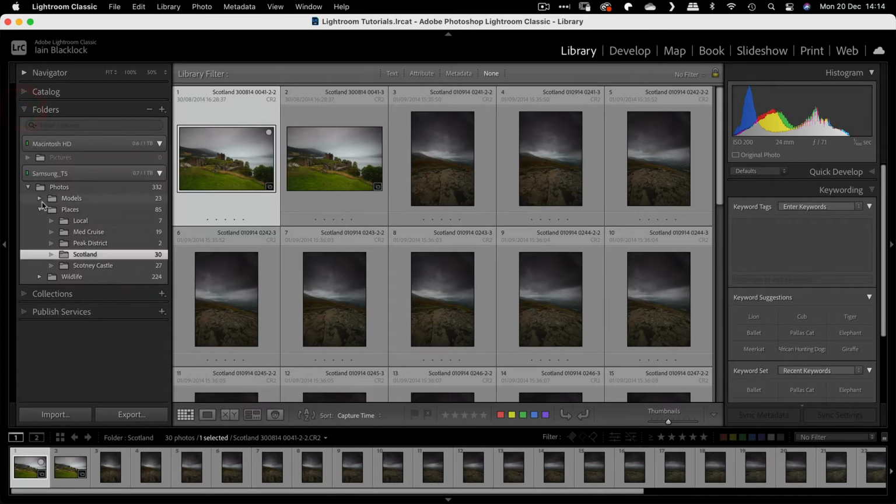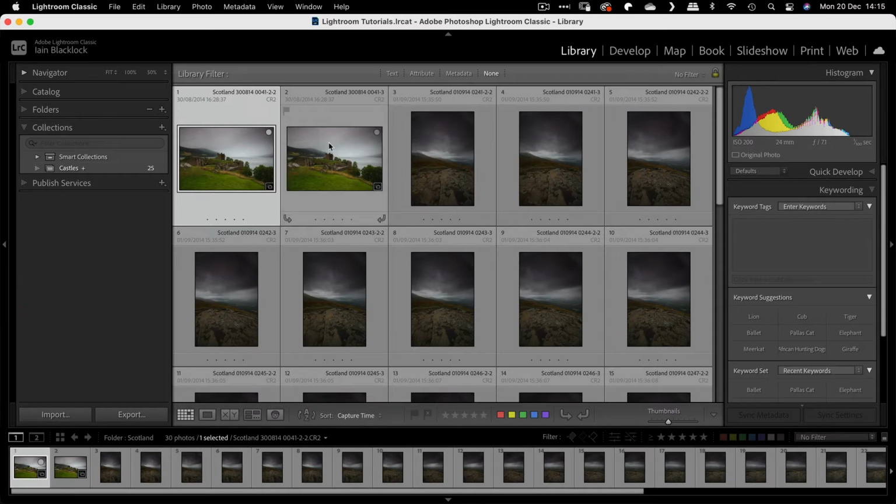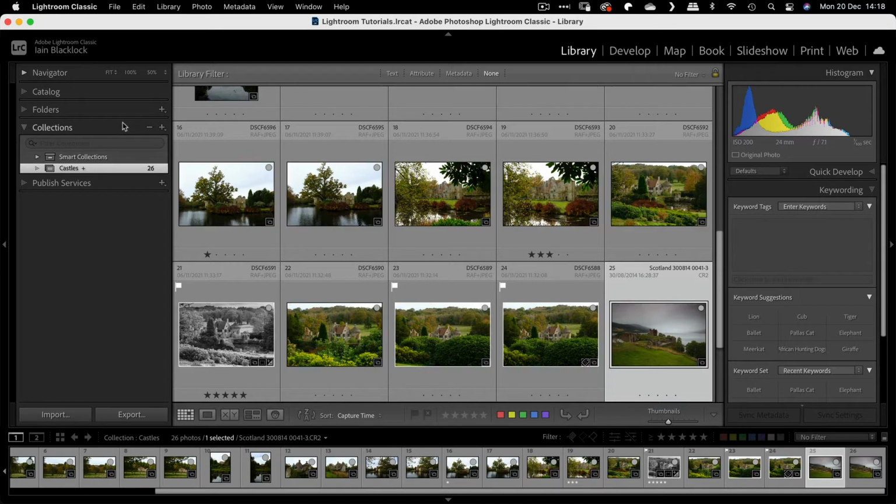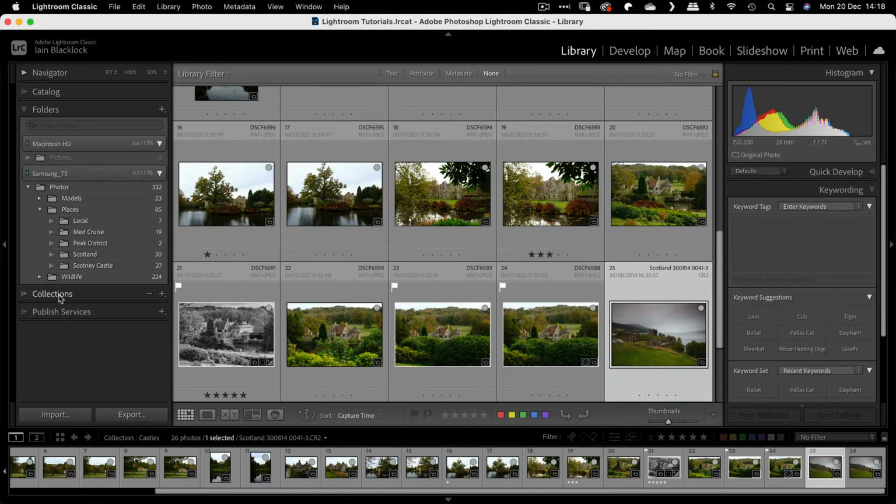Another way we can add things to a collection is we can literally just drag and drop it. So this picture here, drag it, drop it into castles, and it's gone up to 26. I'm just going to change my settings here so we can see things a bit better. At the moment I'm running in something called solo mode, which means I only see one panel at a time. If I click on folders, you'll see it's closed collections. I can right click on any of these and just turn off solo mode. And now I can expand that one and collections out so that we can see what we're doing a little